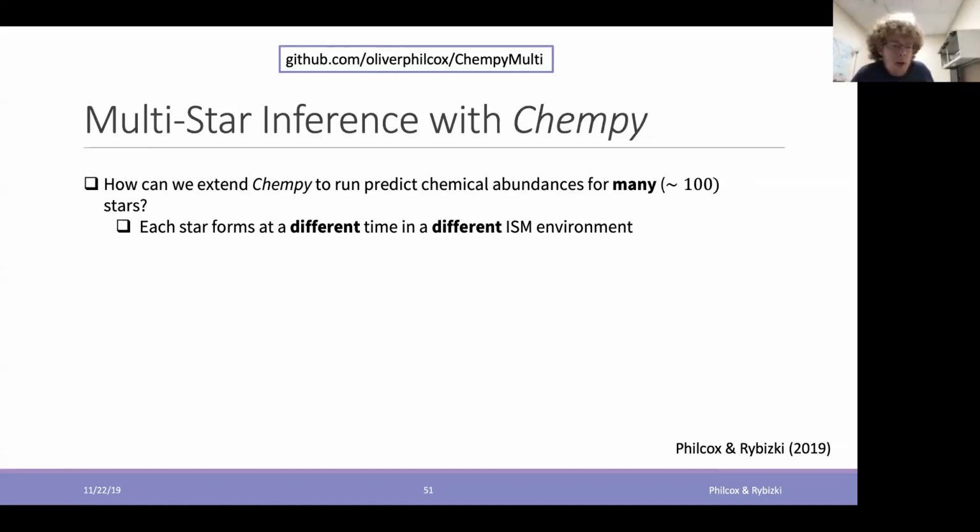For example, some of these parameters are things like the amount of gas flowing in and out of a region. We expect that to be spatially variant. Or the star formation efficiency. So effectively, how many stars do we form from a given volume of gas? So we have to take this into account. And it means that suddenly from having 5 parameters that we're trying to vary, we now have of the order of 400. That's not easy.